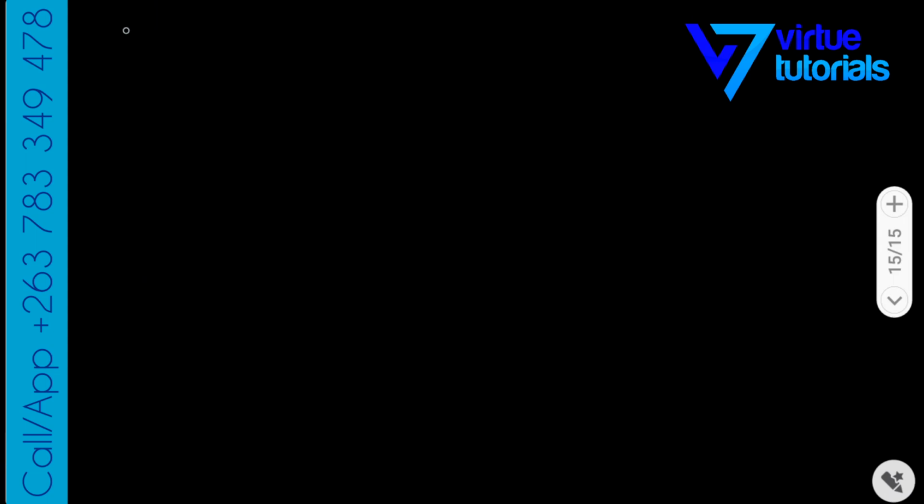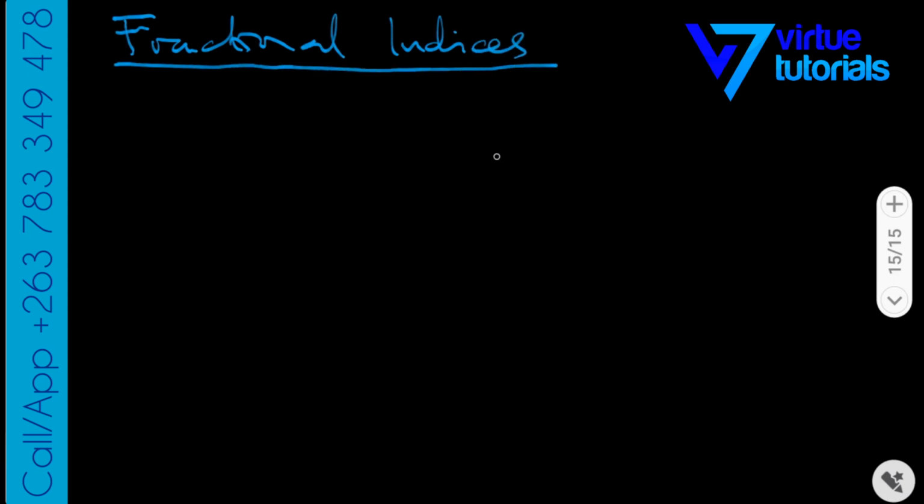Okay, let's talk about fractional indices. Fractional indices. This is when the power is a fraction. So if I have a to the power n over m, right? So a is being raised to an index, but the index is actually a fraction with a numerator and a